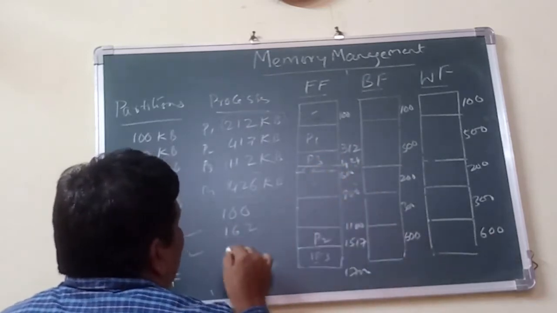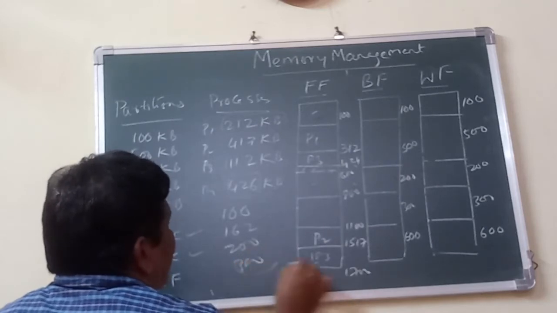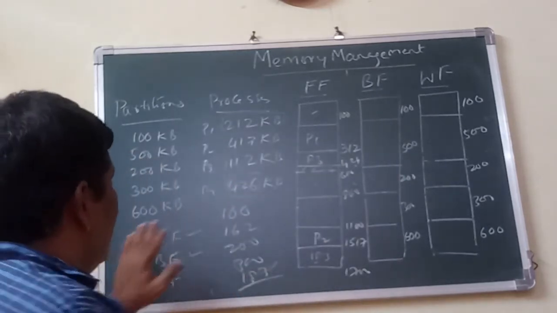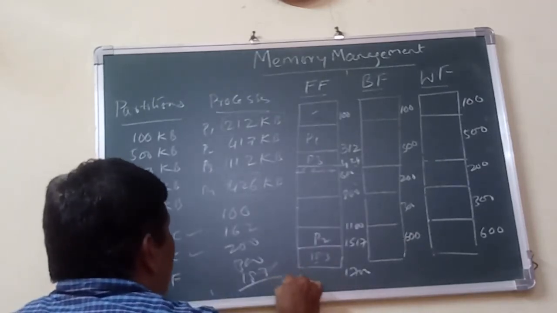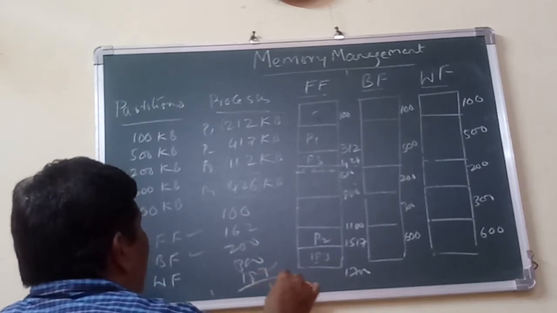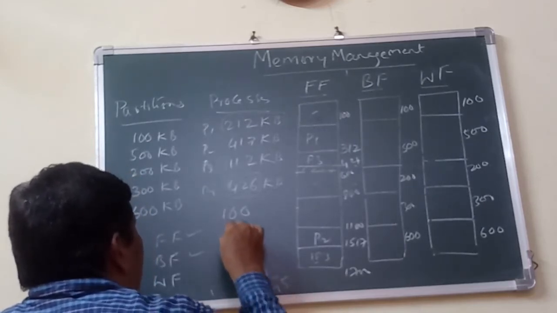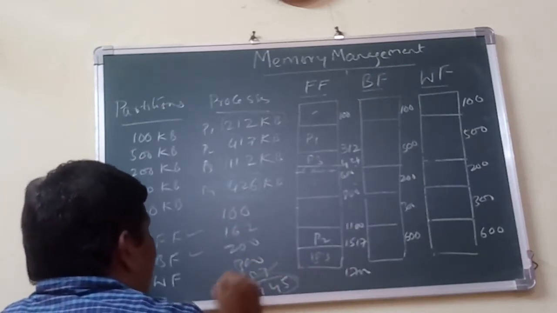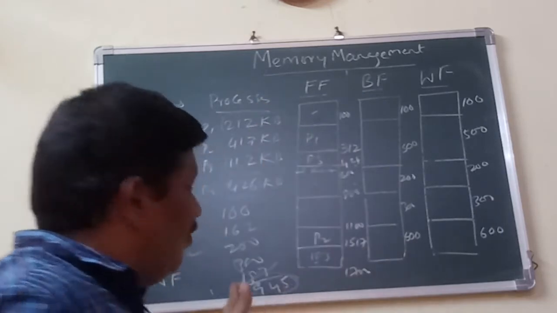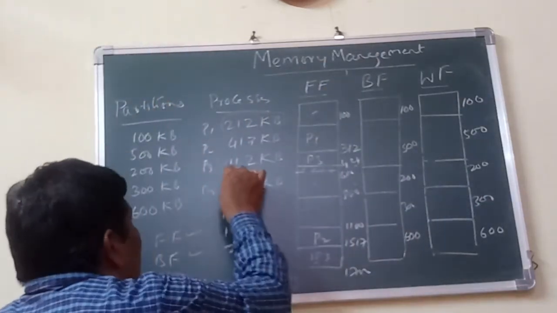So then here it is 200, here it is 300. So here it is 183. So you have to add all this, right? So what it comes to, it is 5. So 5, what is that, 4, 1 carry, it is 5, 6, 7, 8, 9, right? So it is 945, right? So though the total amount of 945 kilobytes of memory is available, we are not in a position to accommodate